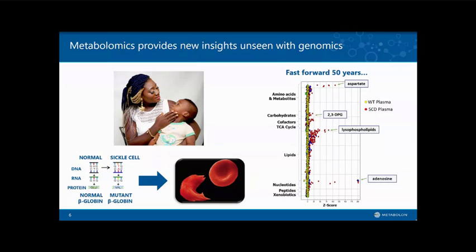Metabolomic profiling identified perturbations in a number of pathways, including adenosine, lysophospholipid or fatty acid metabolism, 2,3-diphosphoglycerate, as well as amino acid metabolism, shown here aspartate on the right part of the slide, that showed that 4 major pathways are perturbed relative to control individuals that are shown on the left part of that panel, such that this provides therapeutic opportunities for these individuals. For example, adenosine at the bottom part of that panel is a receptor-mediated system, and being a receptor-mediated system, this provides therapeutic options for drug targets to go after.